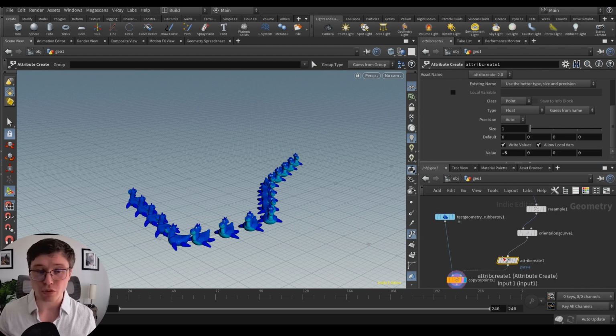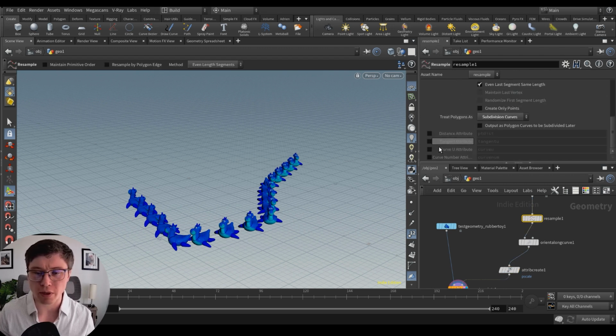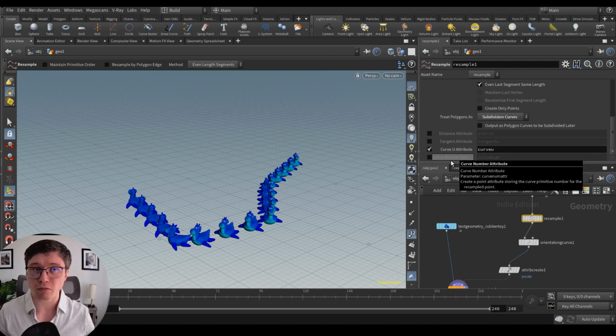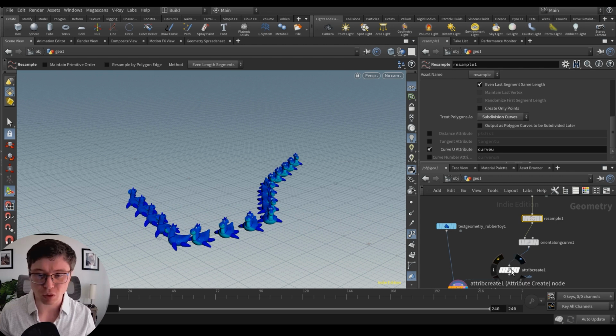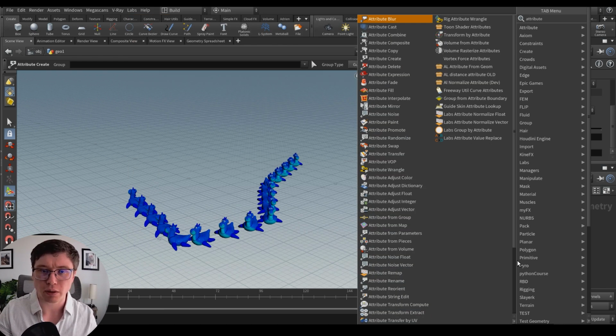And of course, we are not forced to basically have everything at the same size. We can use some attributes, let's say from the resample, like we have the curve U. That's always a useful attribute to have, that just remaps the beginning and the end of the curve from values to 0 to 1, which means that we could basically do an attribute modify, attribute, what's the name of this one? I never remember.